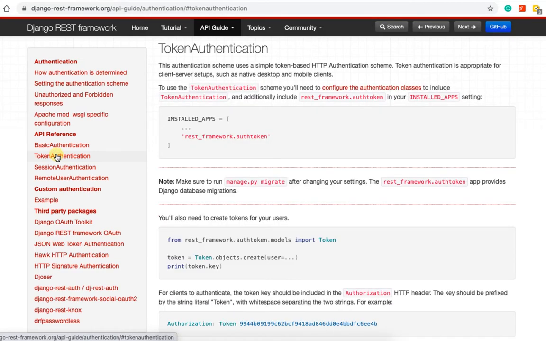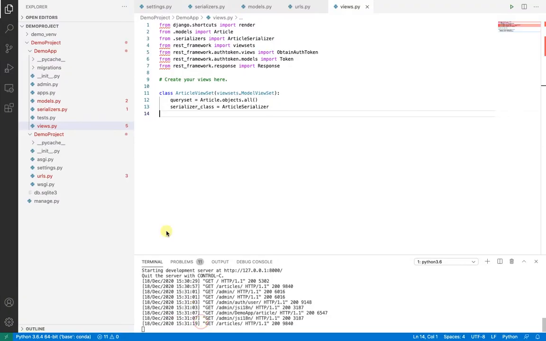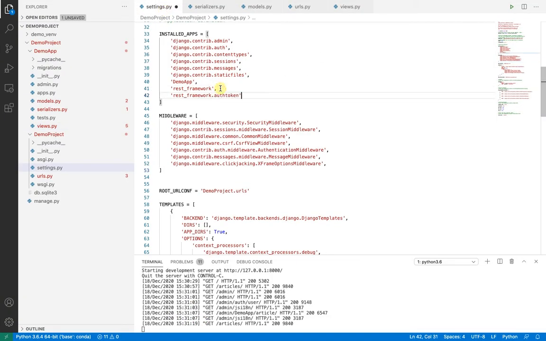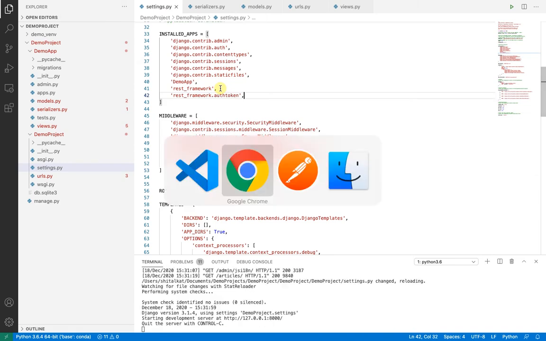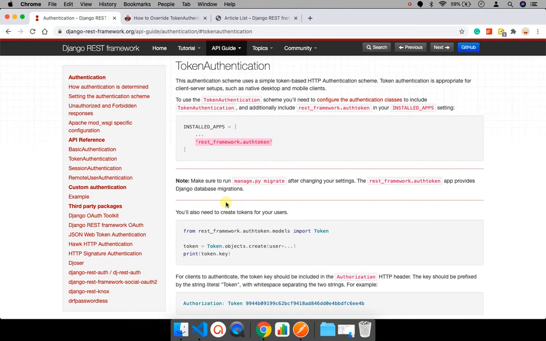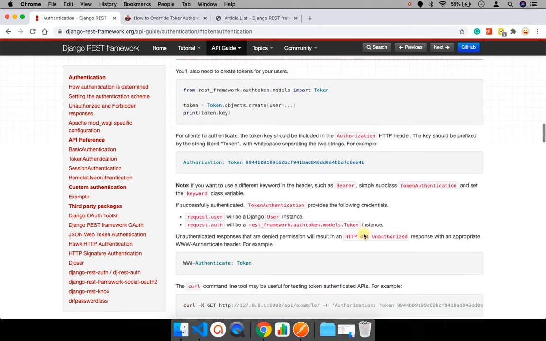So first things first, we'll add rest_framework.authtoken in the installed apps list which is in settings.py. At the end, this will be the format you'll need to send in the header of your API request. We'll scroll down a bit.